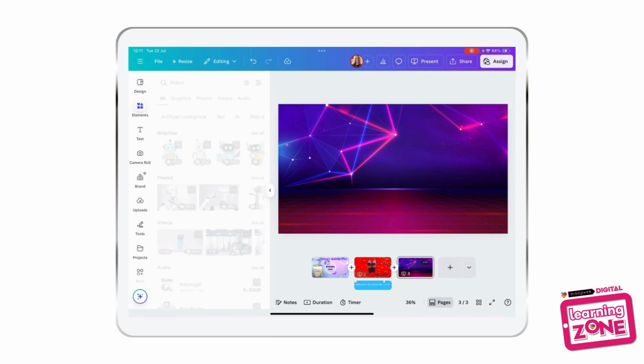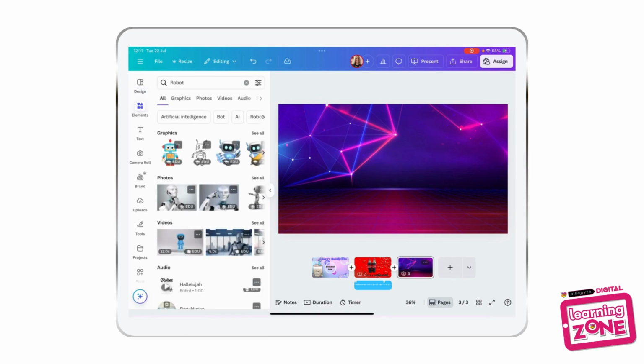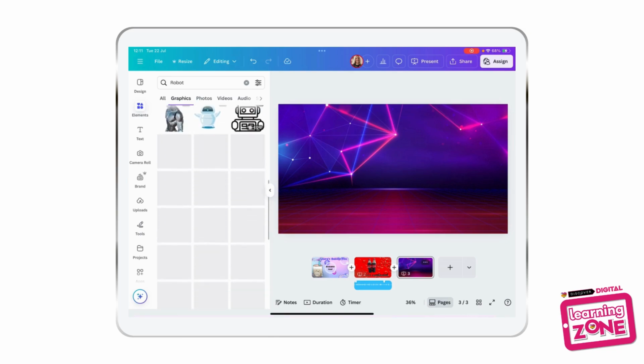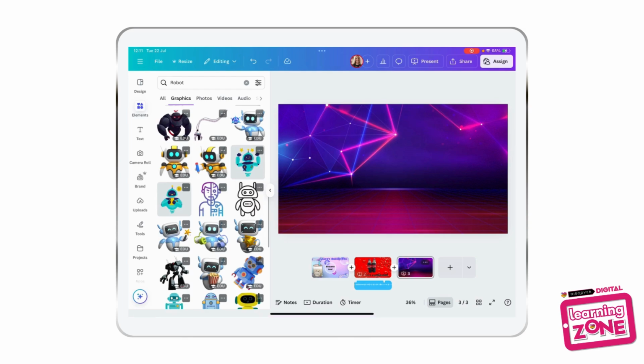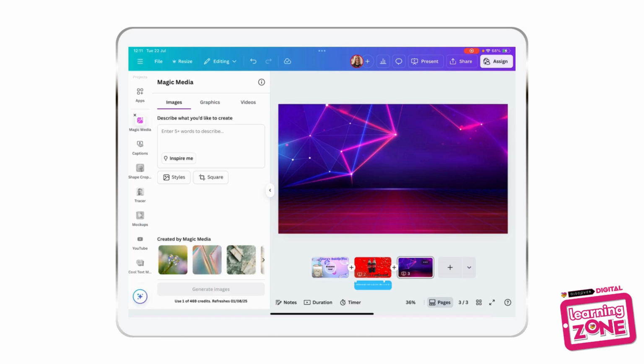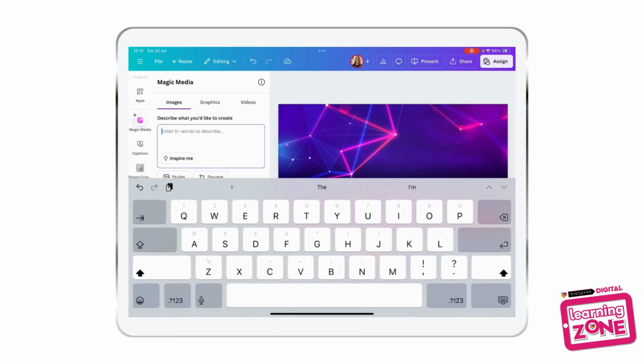So I can come into my elements and type in robot, and it comes up with all of these different things. But actually, that's not what I'm after. I'm after kind of like a robot bear, like a cuddly bear that's maybe wearing a VR headset. So let's have a look. Let's scroll down and look at something called Magic Media. Now, what this does is this allows me to create a picture by telling Canva what I want. So I'm going to come into my little description here, and I'm going to type in a cute,